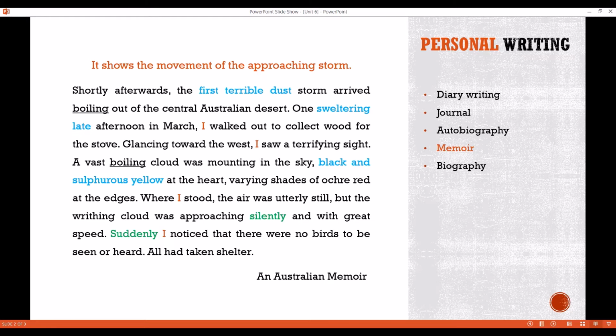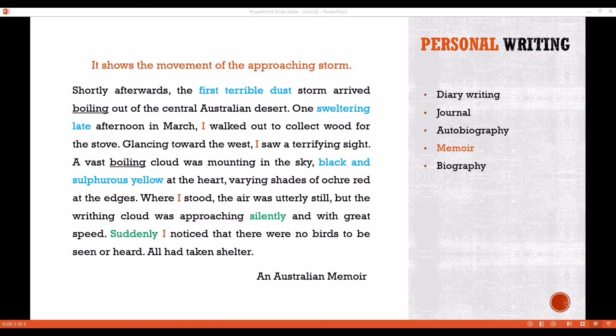For example, I'm writing my experience with O1 last year. A collection of memories, what did I do with O1B? How did I feel there? It is memoir then. It's not autobiography. Autobiography means I'm taking the chunks of my life and writing it down altogether. But memoir is a collection of memories of one period. Memoir comes from personal writing. It's one of the personal writing types. And inside this text type, we can use descriptive and narrative kinds of writing.